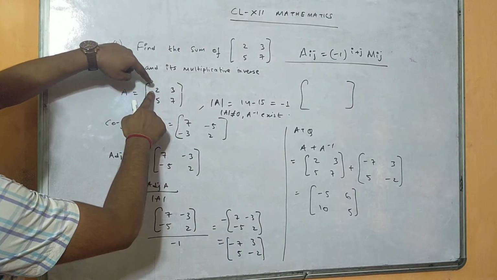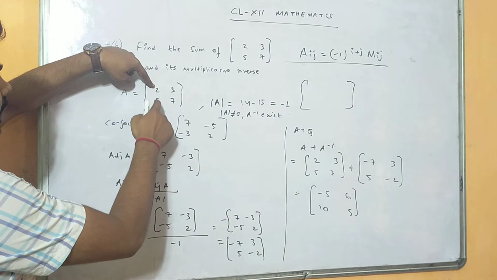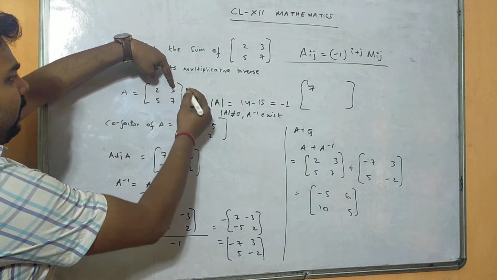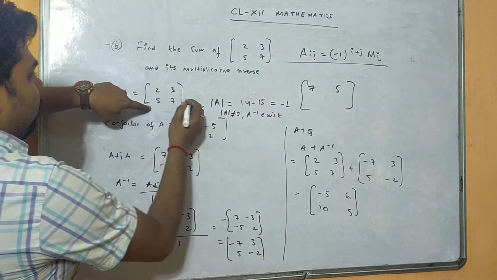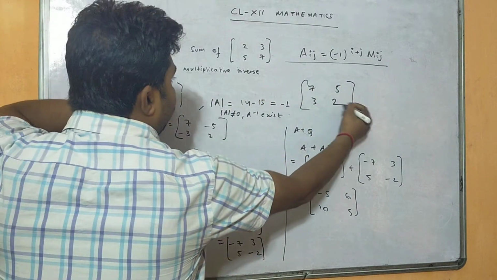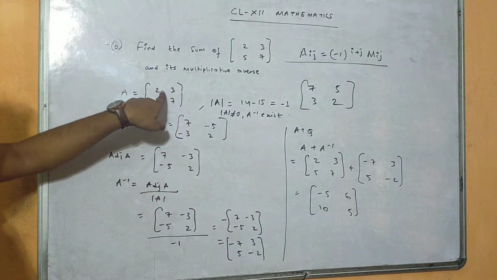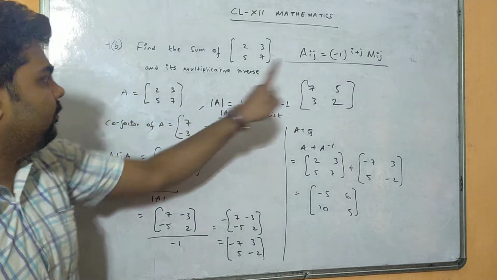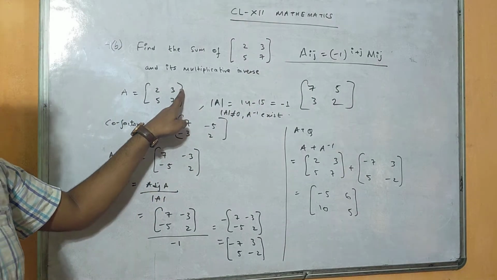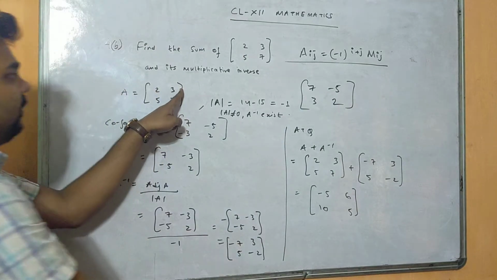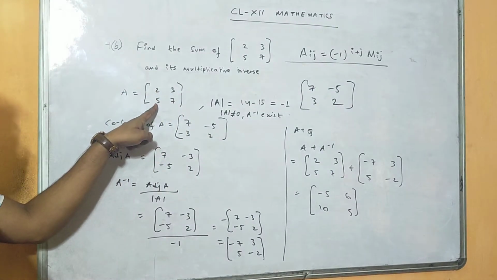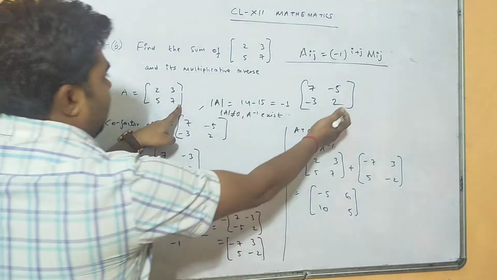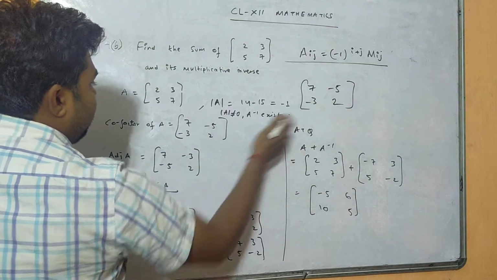So you can find the cofactor of each element individually, or you can use it directly. What will be the minor of this element 2? If you hide the corresponding column and row, we will get 7. Similarly for 3, we will get 5. For 5, we will get 3, and for 7, we will get 2. But you remember the position: A11, 1 plus 1 is 2, so the sign will be unchanged. This is 12, 1 plus 2 is 3, an odd number, so the sign will change to minus. This is 21, 2 plus 1 is 3, an odd number, so the sign will change at this position, and 2 plus 2 is 4, an even number, so I have substituted this matrix here.